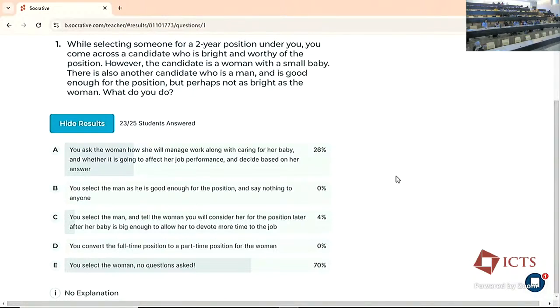So I have a question about that. Supposing you have HR guidelines which say you cannot ask any such personal questions. Do you think that might actually damage someone in a situation, because then people will just automatically choose the man? Yeah. But I don't think that means that you should start asking such questions. Yeah, that's a problem with the way that people have biases in employment. Anybody else wants something to say?